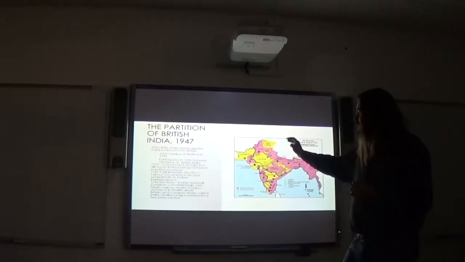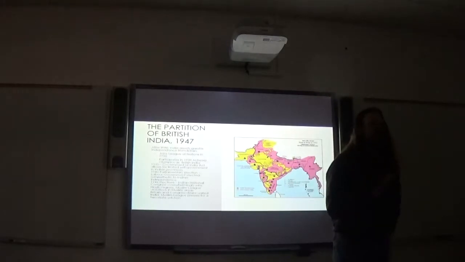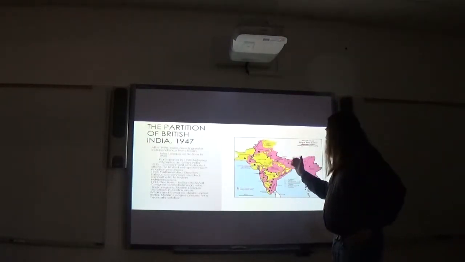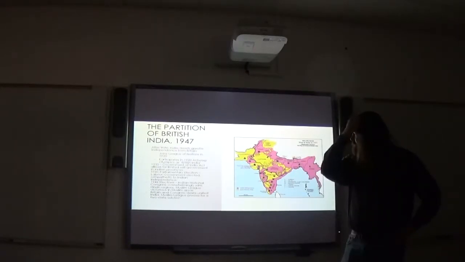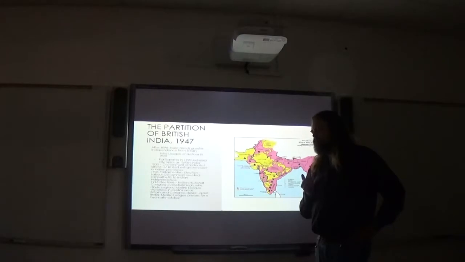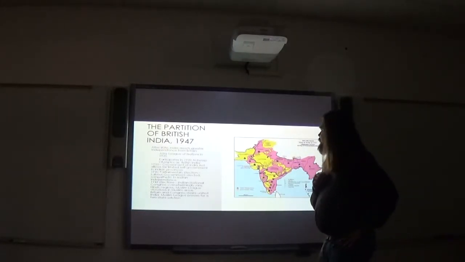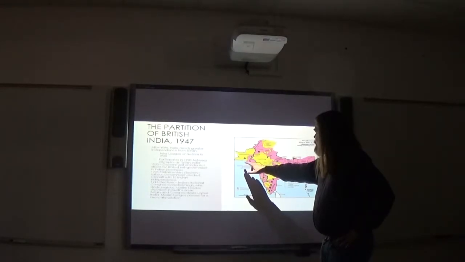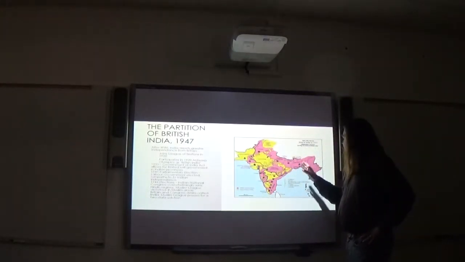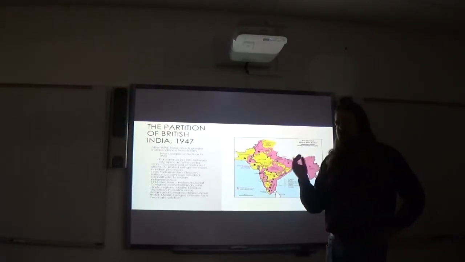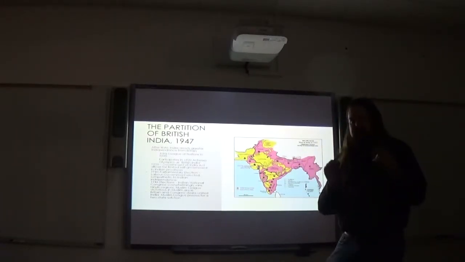So Britain and the Congress Party both desire a united India, but the Muslim League continues to press for a two-state solution. Muslims were a minority population in much of India, and the country was prone to outbursts of sectarian violence. So, while Muslims were a minority in the whole of the country, they were a majority in the state of Baluchistan, in Jammu and Kashmir, in part of the Punjab, and in Bengal, which eventually becomes East Pakistan and becomes Bangladesh eventually. So what the Muslim League wants to do then is remove these majority Muslim areas,